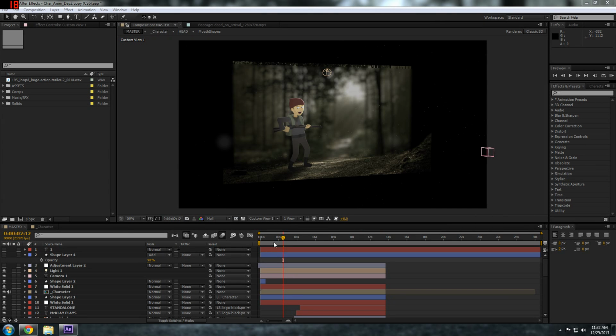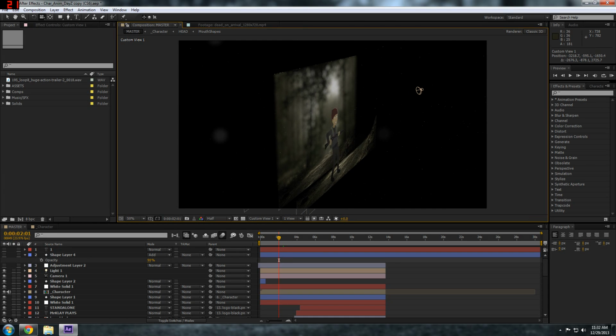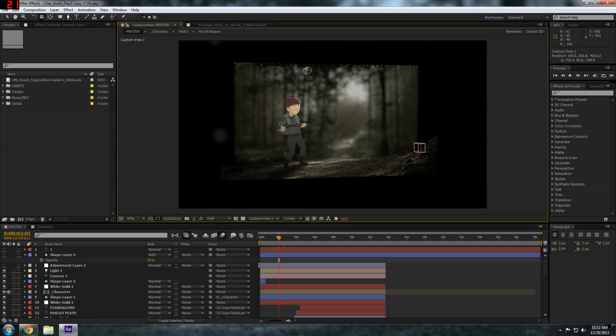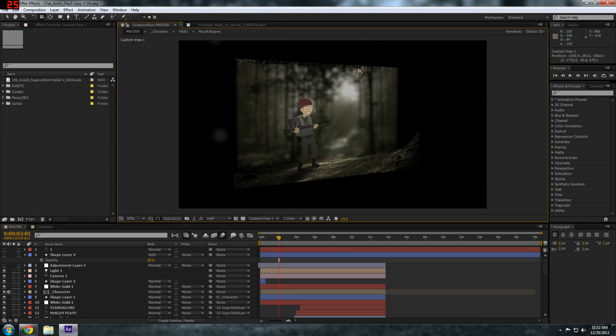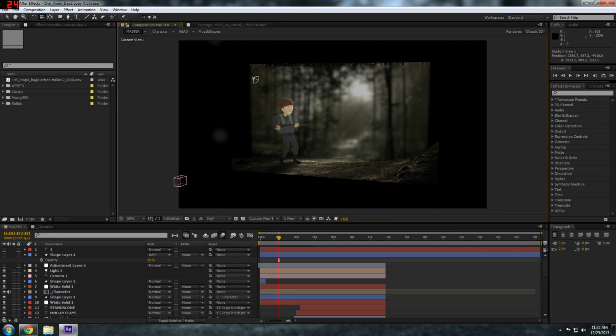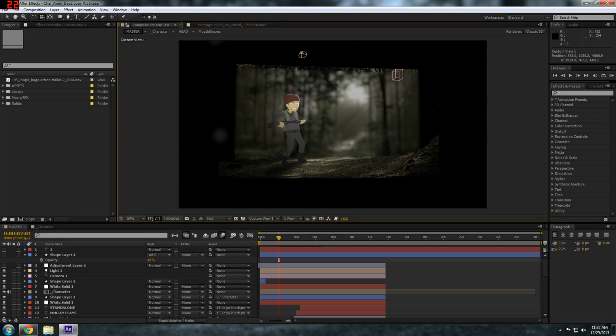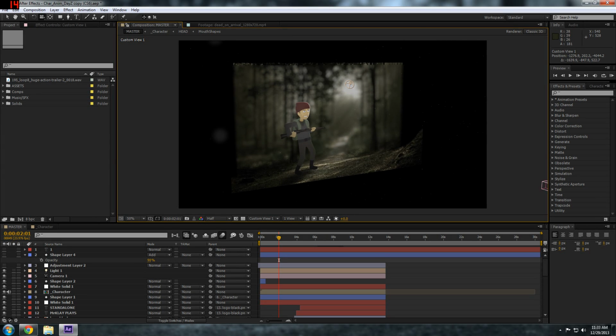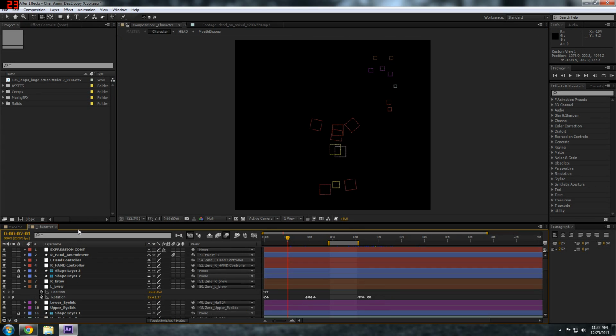Okay, so here we are in the project. And first I'll just show you how it was made in 2.5D, so it was just 3D in After Effects with 2D layers. So if we can just take a look. Very simple. I just blurred out the actual background image, cut the image so that there was a foreground, added some particles, put a light in there just to give it some soft edges, or like a vignette. So okay, let's take a look at the character,